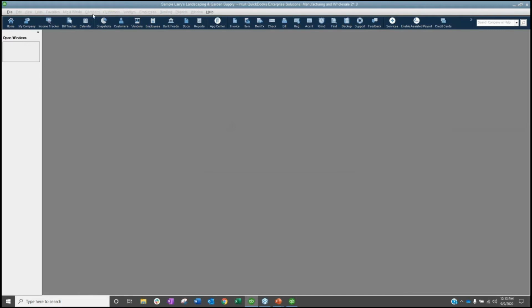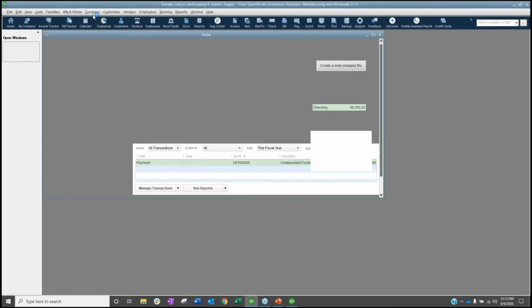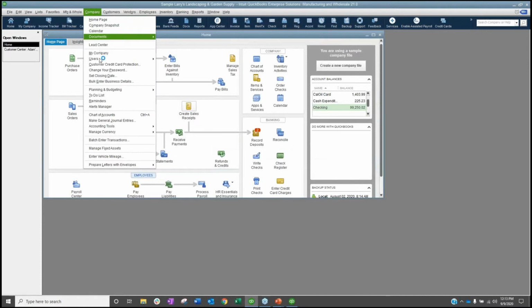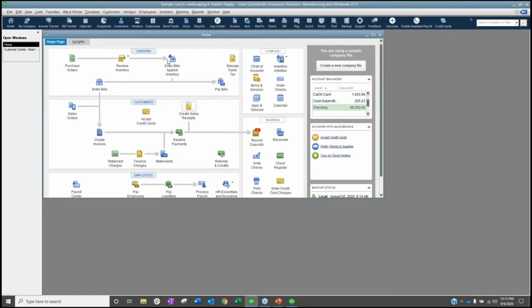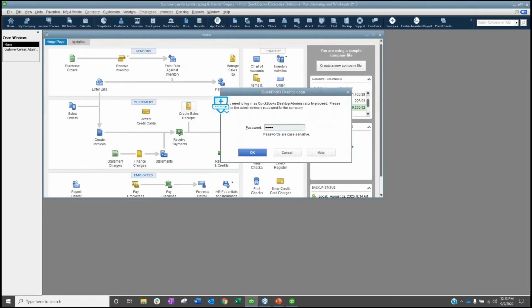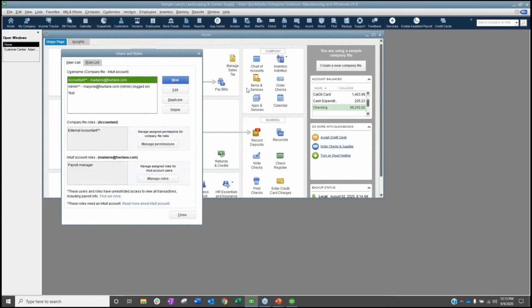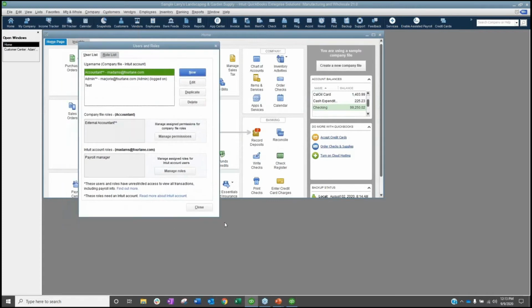I was testing something right before this to show you guys something additional. So we go company and users, set up users and roles. Of course, it's going to ask me to put in my password. Well, this is extra instruction. This is good. It reminds us where we need to go and how to do it. Right, exactly. So this looks a little different, and I wish I could make it bigger, but it won't allow me to make it bigger. But this view looks a little different when we're setting up users and roles now, right?